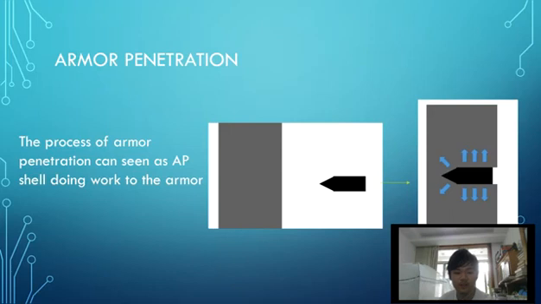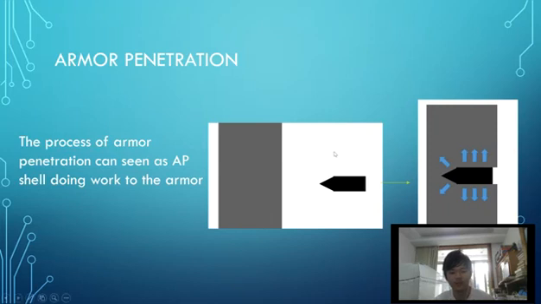The process of armor penetration can be seen as the AP shell doing work on the armor, and the shell volume will replace the armor. Like on the right side, we can see when the AP shell contacts the armor, it pushes the armor and replaces the armor. So the velocity and size of the AP shell are two important factors of the depth